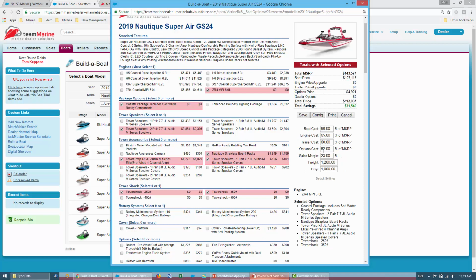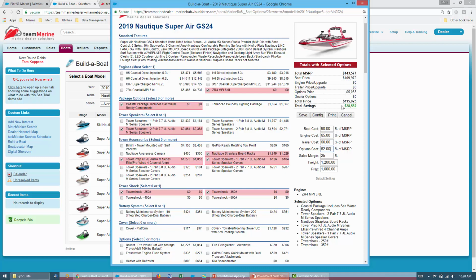So if I wanted to actually change my price, my sales margin on this particular build, I could just come in here and change it if I wanted to be a little bit more aggressive with my pricing. You'll notice as I change that sales margin and click off of it, the actual prices then change in the pricing column, and likewise the savings to the customer changes as well. So you can always just do this on the fly, change your margins, which then changes your pricing